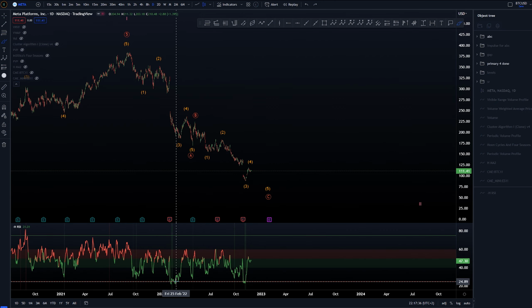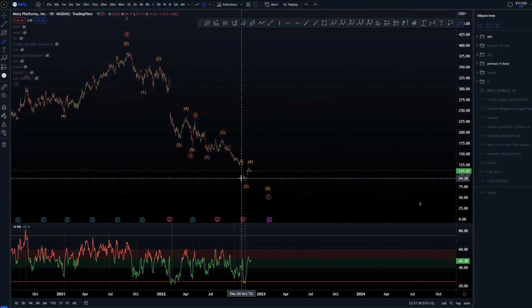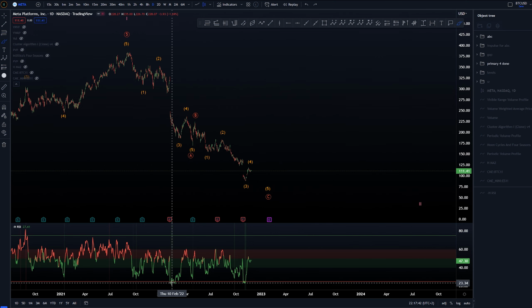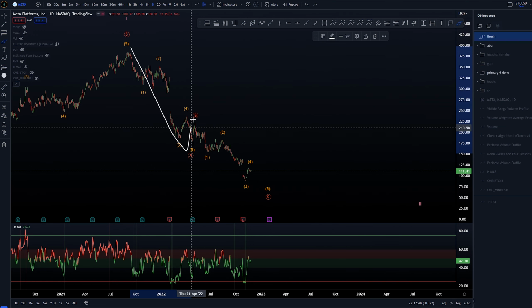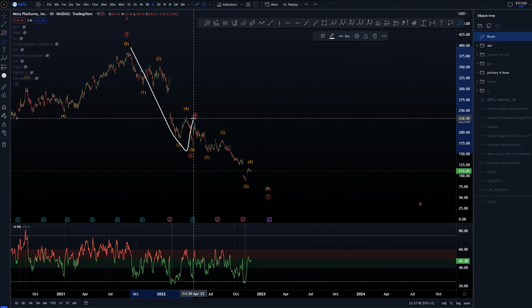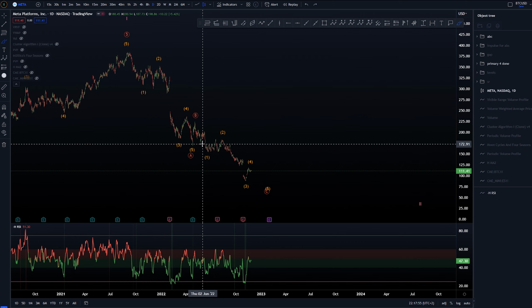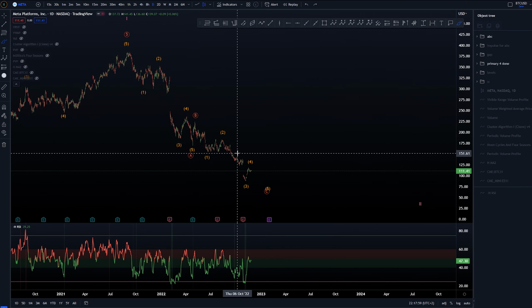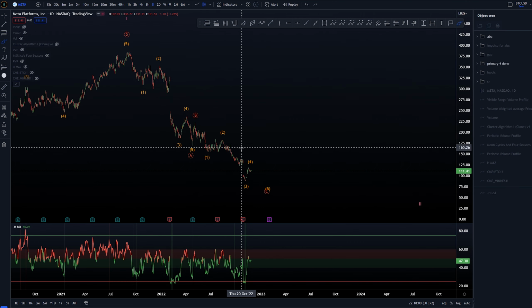So generally when we have a 3-way structure complete, we don't have a divergence at the low anymore against the pivot. So this would be the pivot here, so we wouldn't have that divergence here. So that's why I don't think it is done, if this is again the count at all. The bad thing about this is that wave B is so small here that it just doesn't give us very good probabilities that this is a right count.